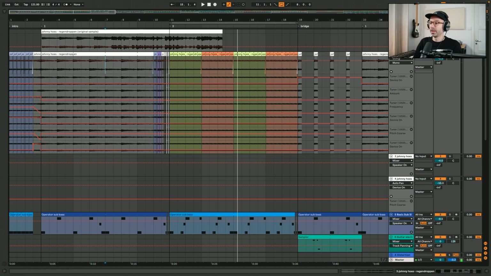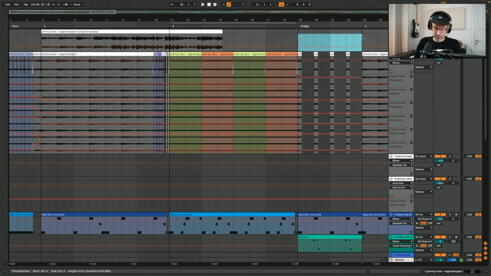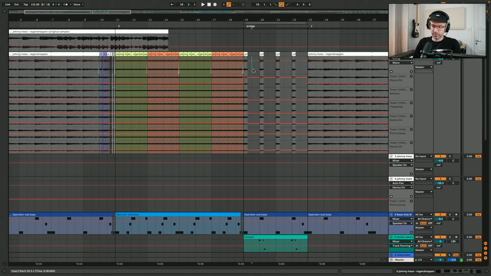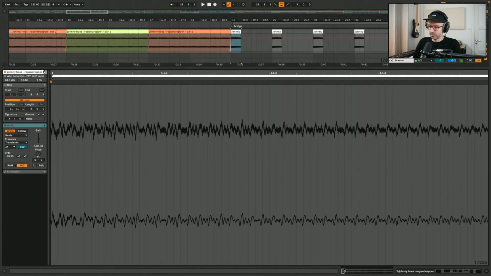So after having part 1 and part 2, I wanted to create a bridge, so a part that is more different than part 1 and 2 to kind of break with what I have. And I decided that this part is only going to be 4 bars long, and I'm still using the same sample. So what I did is, as you can already see here, I only used the beginning of the sample